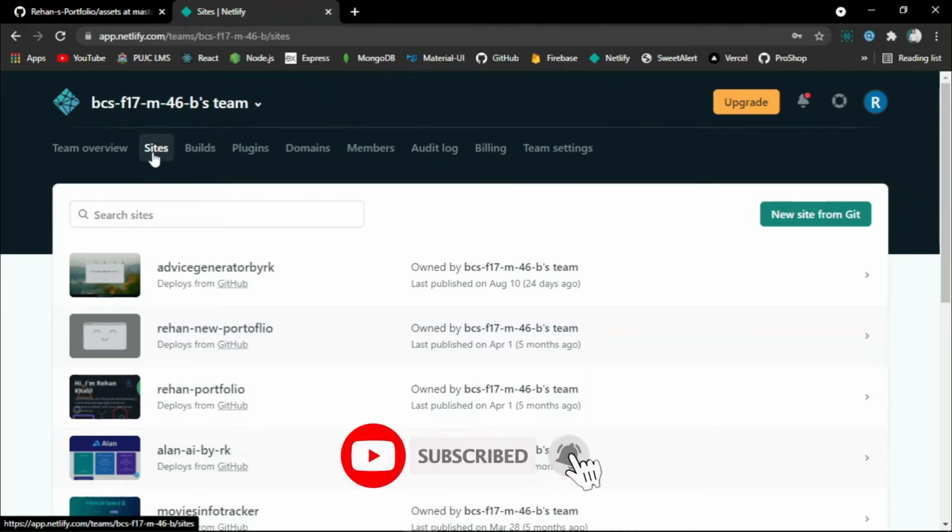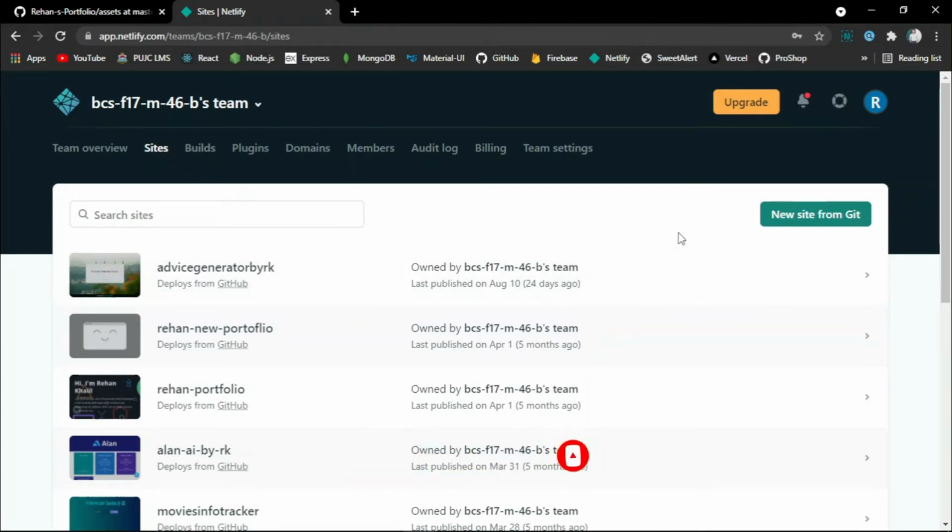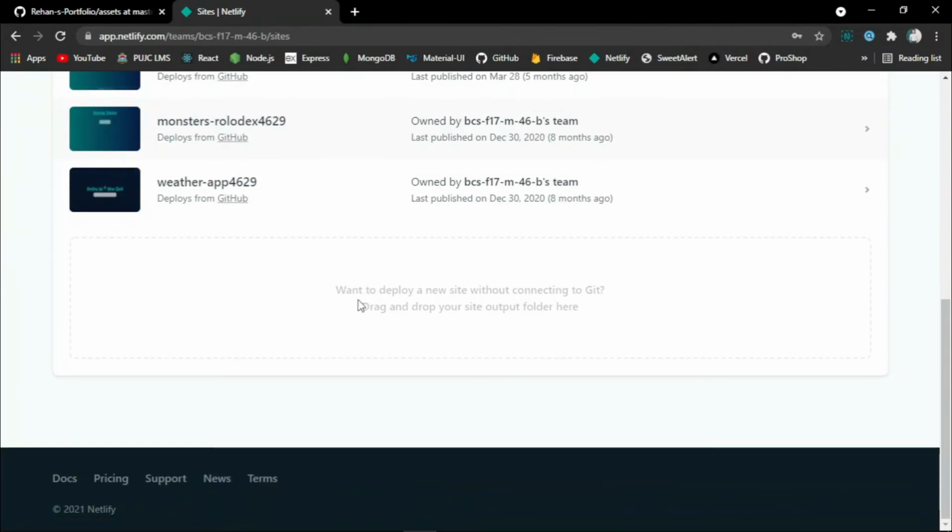Now here there are two ways to host your website on Netlify. First, you can import your site from GitHub, and the second is you can also just drag and drop your site's files on Netlify and your site will be hosted automatically.